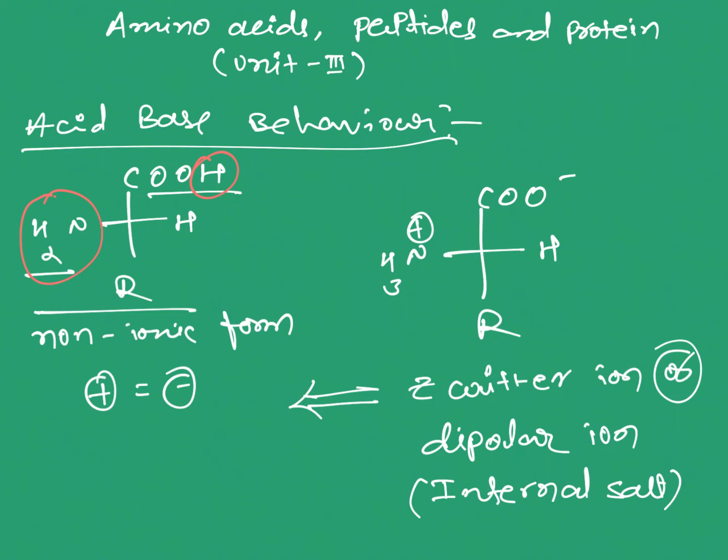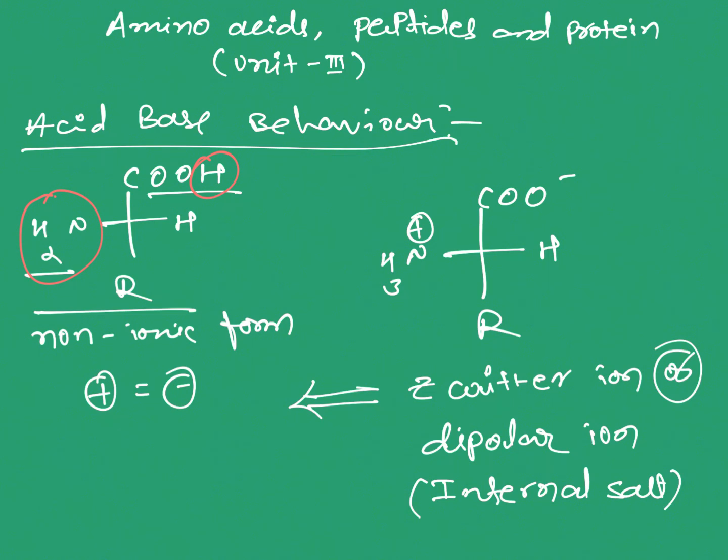When we take an amino acid which has acid and base functionality, one will donate, another one will accept. It is called a self neutralization reaction. As a result of self neutralization reaction it exists in the Zwitter ion form. A Zwitter ion is nothing but equal numbers of opposite charges, positive and negative, present in the molecule. This we call a Zwitter ion.